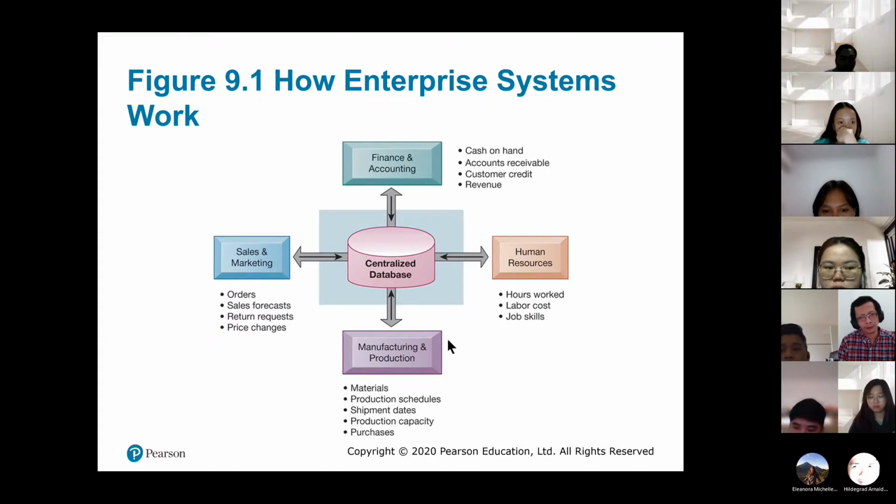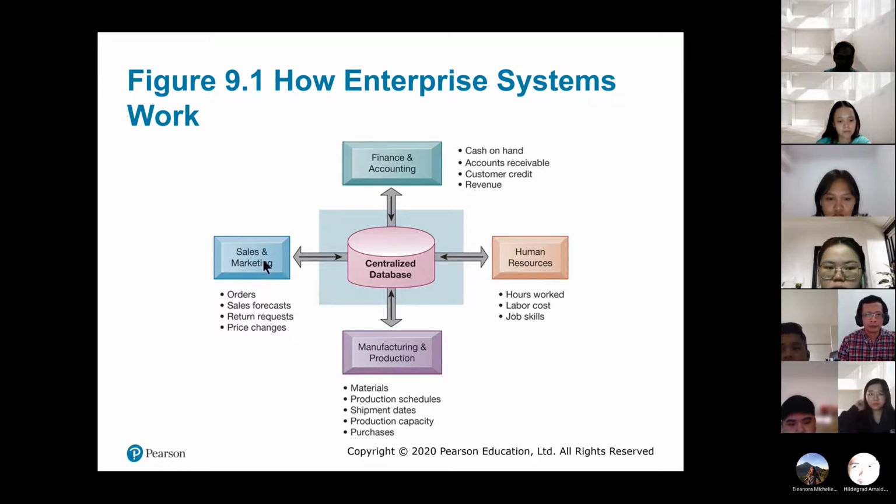And when manufacturing starts to plan the production, human resource already knows how many workers are needed. At the same time, finance and accounting will be able to generate an invoice for this customer. So that's the idea of a centralized database.